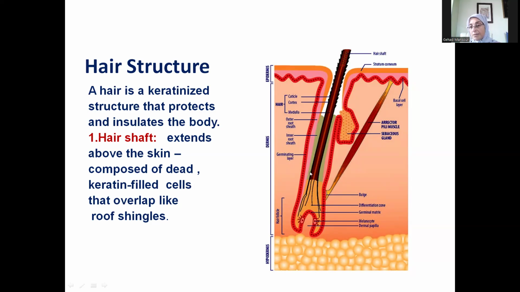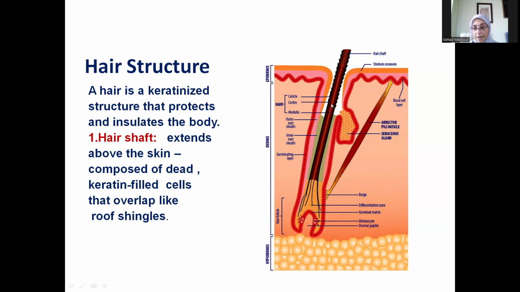The outer cuticle is made of non-nucleated, clear cells, and it is transparent, and it reveals the color of the cortex of the hair underneath. The cuticle is protective, by the way. So the cortex is in between, the middle layer of the hair,